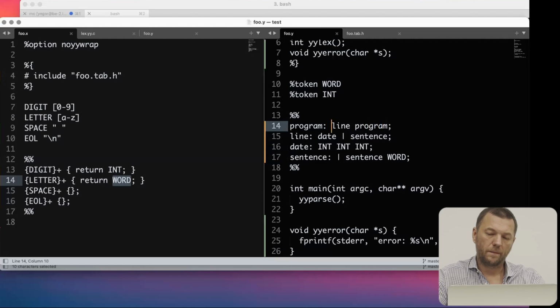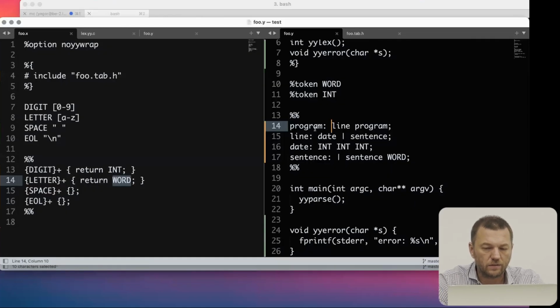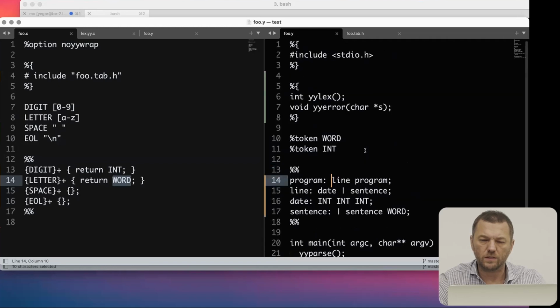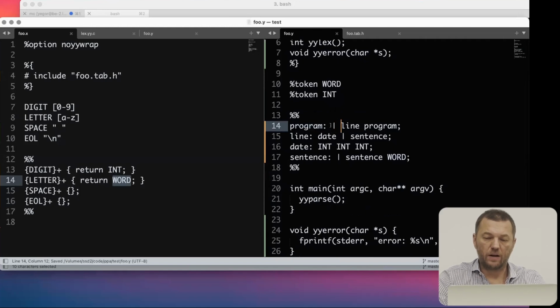Like we have line and program. It says it's a fatal error. Let's look at the fatal error. Start symbol program does not derive any sentence. It probably wants us to. It does not derive any sentence. So it says that from program we cannot go anywhere. We can try, but I don't think that's the